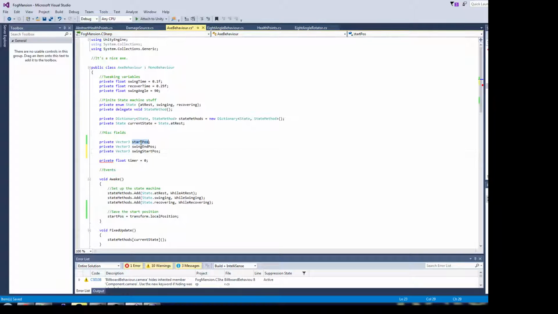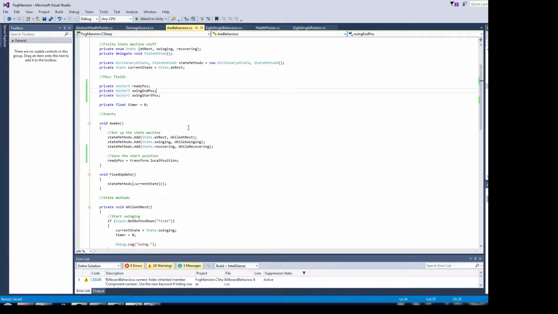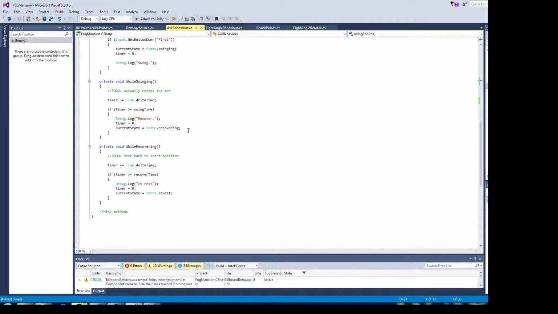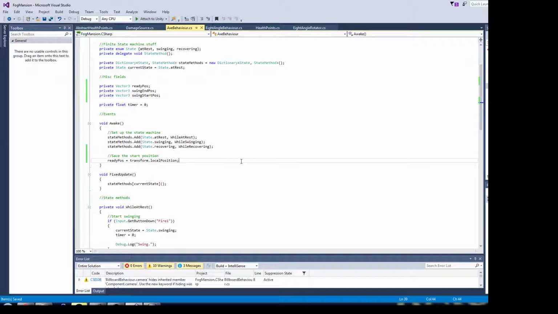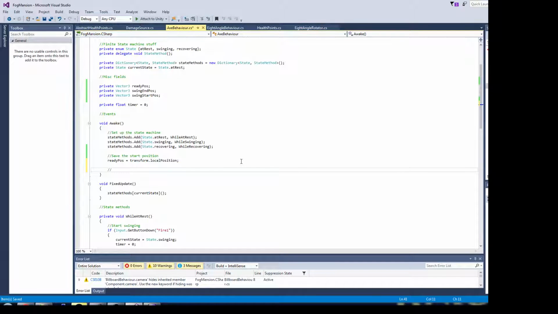Let's actually rename this to ready pose, the position that it's in when it's ready to swing, rather than where it starts swinging from. So next we just need to calculate that using a little bit of high school math. So, ready pose, swing start pose. It's going to be,